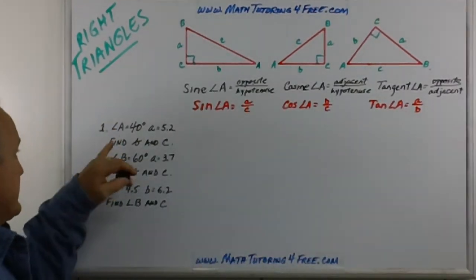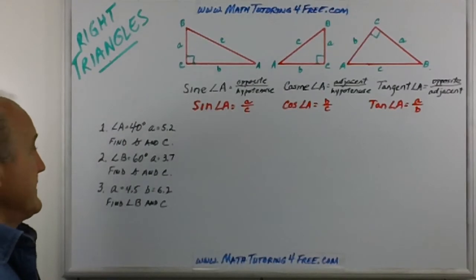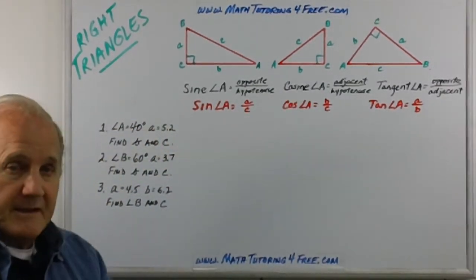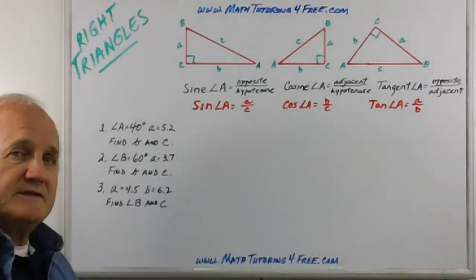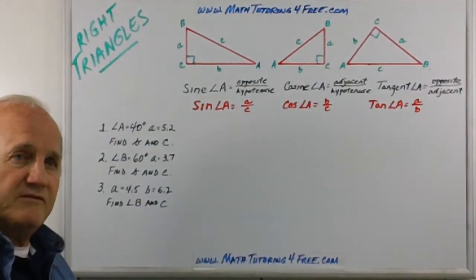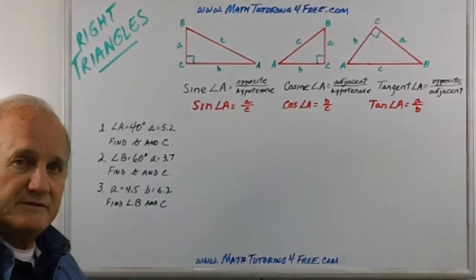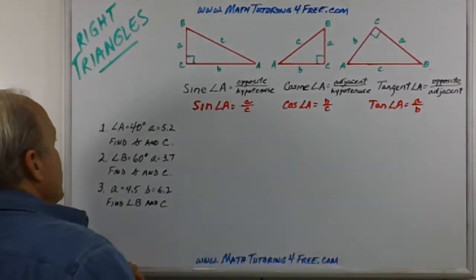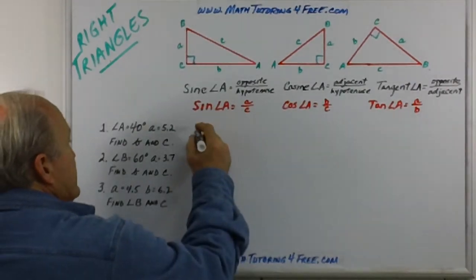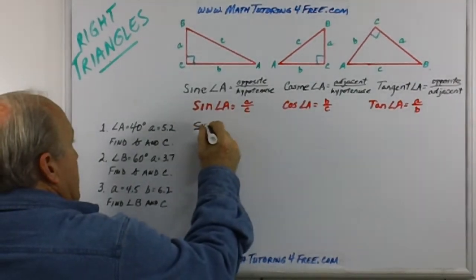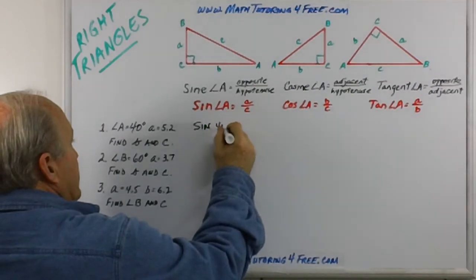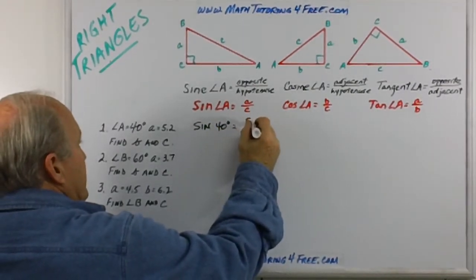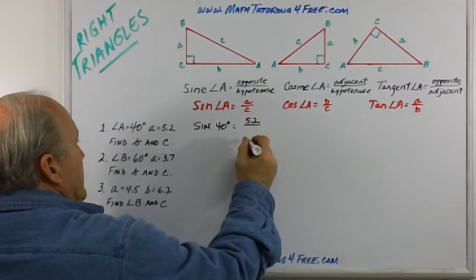The first one says that the angle is 40 degrees, that's angle A. It gives us the length of A, the side opposite, and then it's asking you to solve for the other two parts, the hypotenuse and side B. Well, let's set up with what we know. The sine of 40 degrees, we know, is equal to the opposite, which is A, 5.2, over the hypotenuse,